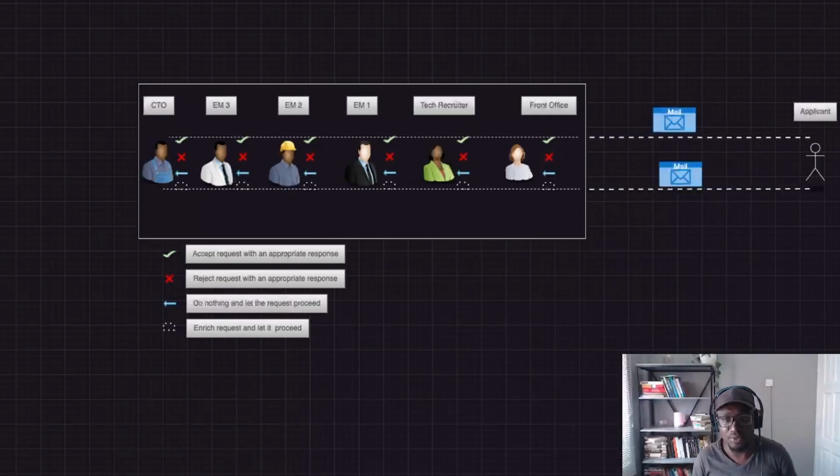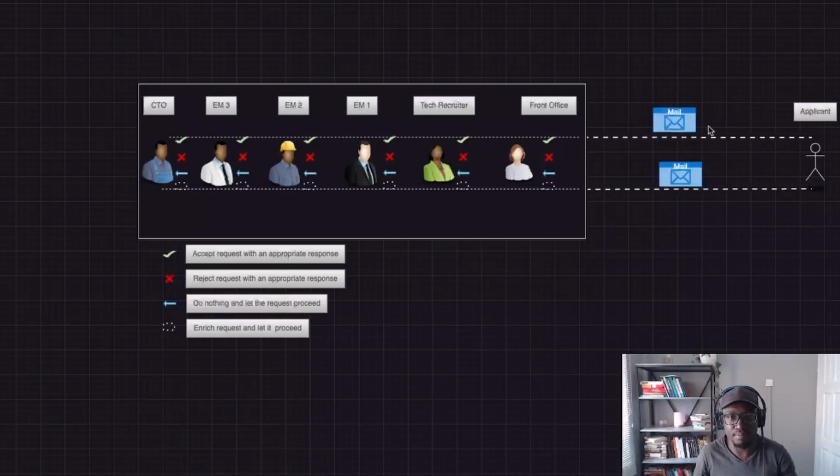As you can see, we have a couple of players handling different roles in this flow diagram, and each of them does one of a few things that we discussed earlier on. On one hand, we have the applicant that formulates their application and mails it over to the company. And then this big box represents the company, and each of these sections represents a different player or handler inside